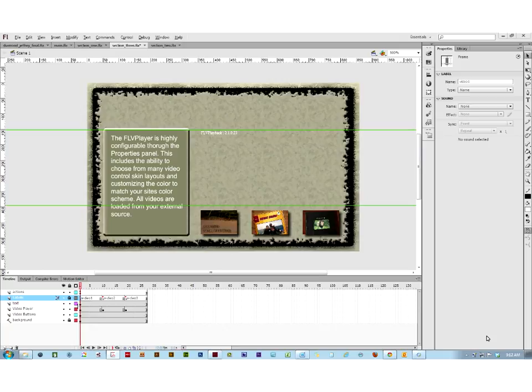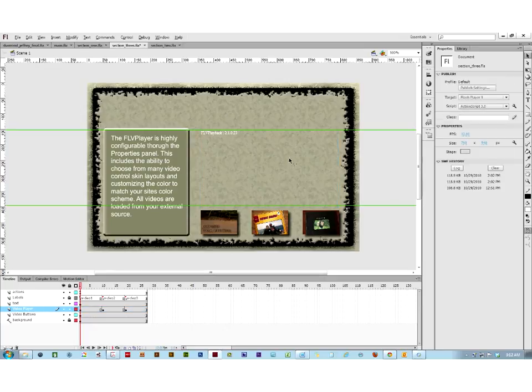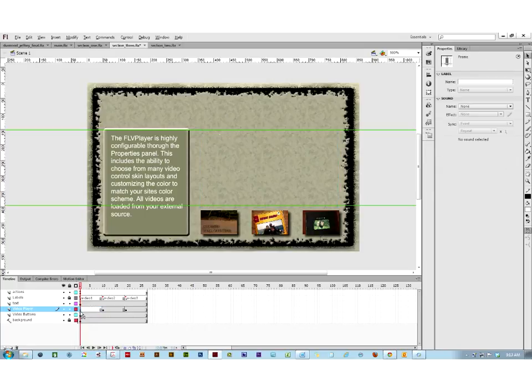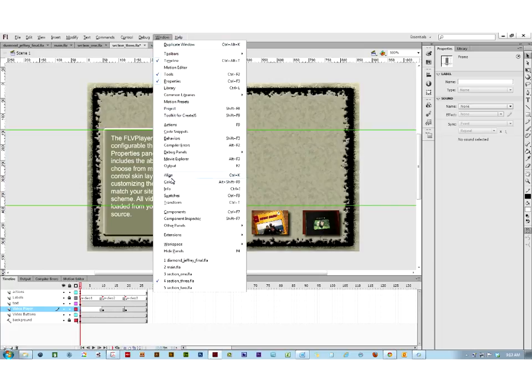Building the video player layer. Let's start with the video player layer. So here's our video player layer right over here. And you see that with frame 1 of the video player layer, you're going to choose window component. So I'm going to take this component off so you can see me actually do it. And frame 1 is selected, and I choose window